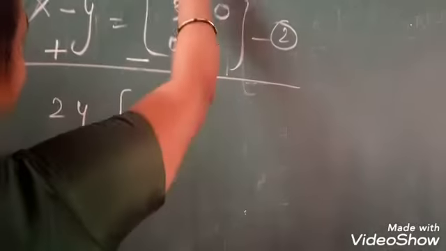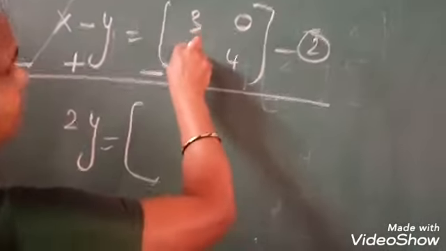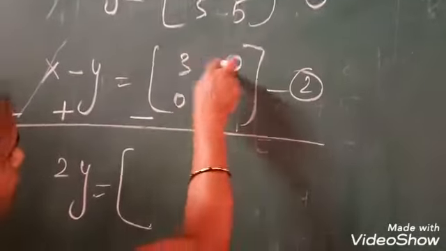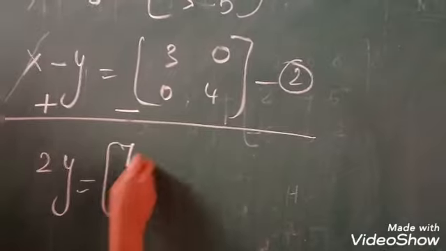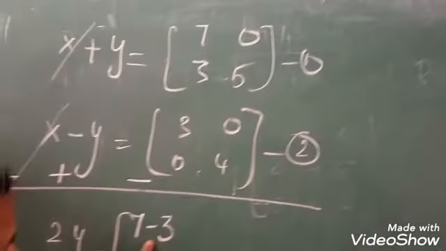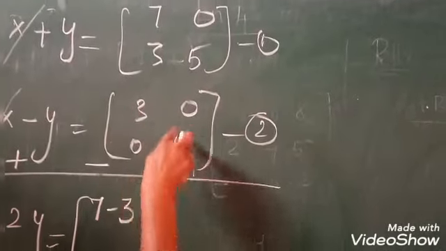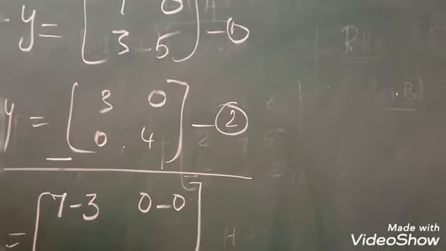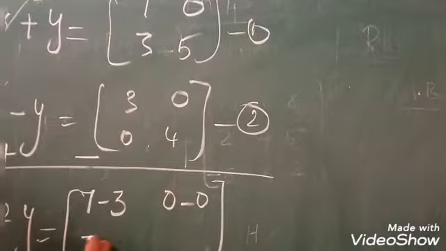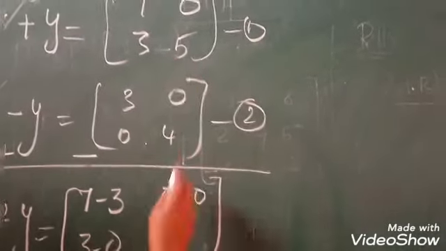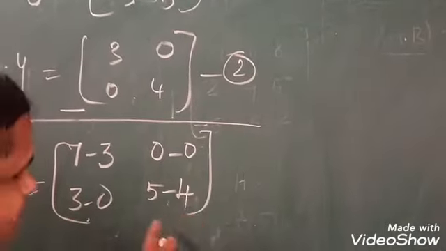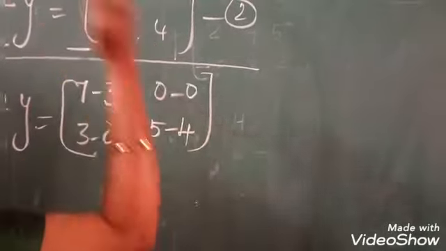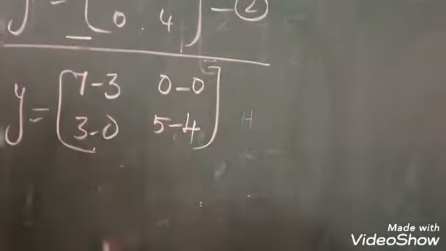Okay girls, now you have to subtract this matrix. How do you subtract? The minus sign is inserted into all the elements. Okay, now 7 minus 3. Have you all understood here? The minus is common for all the elements. So 0, 0 is neither. So I put here 3 minus 0. Then here 5 minus 4. Have you all understood this step girls? The minus you have to insert into all the elements, otherwise the negative matrix you have to add.